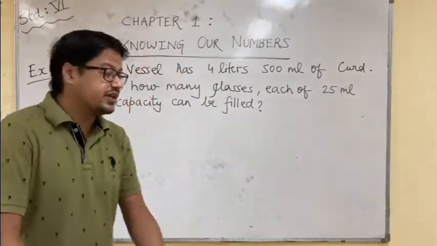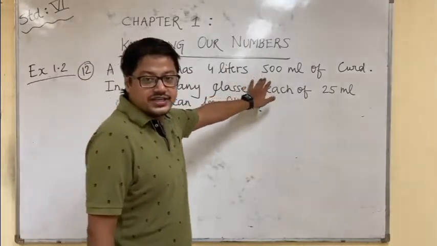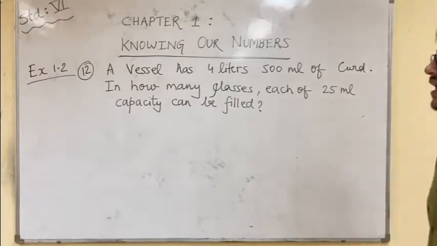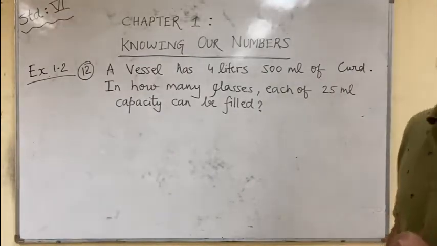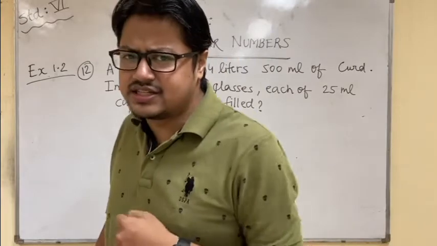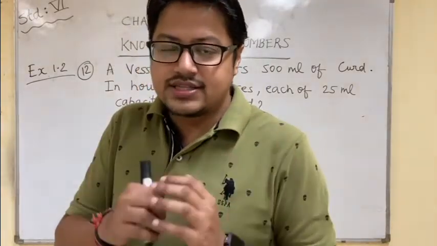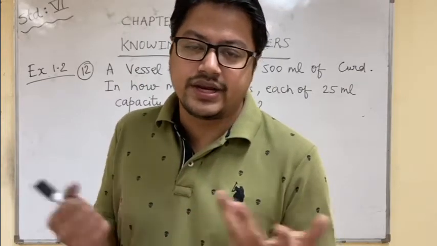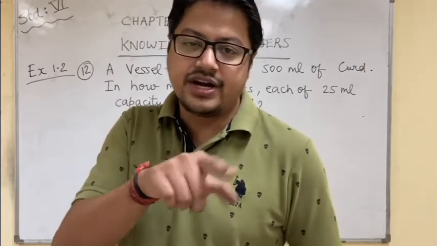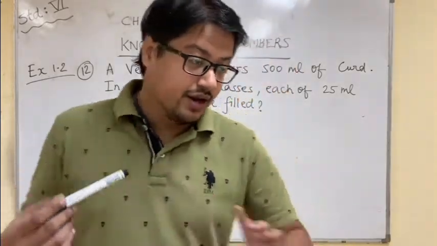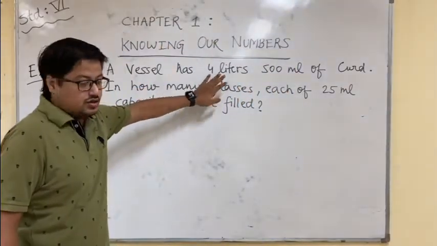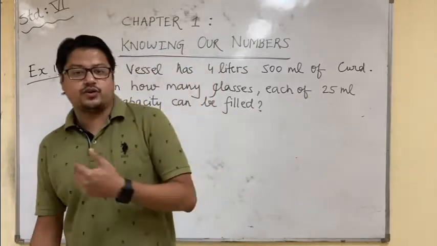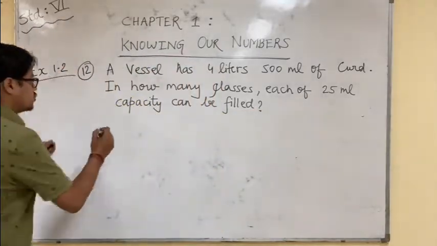So here also same thing is there. Total this much curd is there. In one glass, how much curd will be there? 25 ml curd will be there. So we have to find out how many glasses. Same example as this Cadbury. Total money you spent for Cadbury, 100 rupees. What is the cost of each Cadbury? 20. How many Cadburys you got? 100 divided by 20 is 5. Same thing. Total curd, this much. In one glass, how much curd will be there? This much. How many glasses will be there? So you have to divide. Okay?